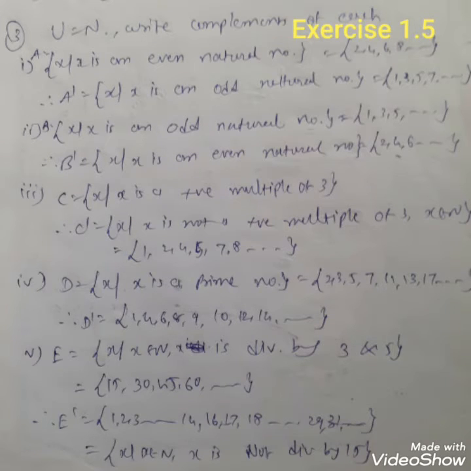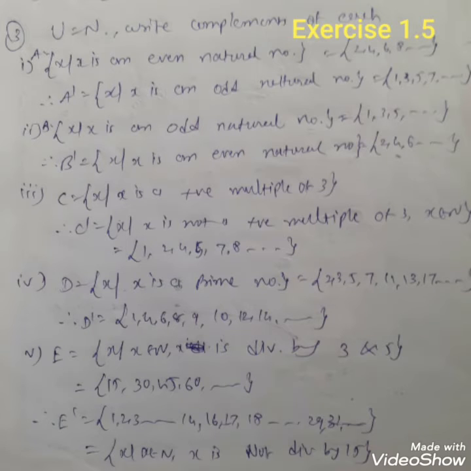Then the fourth sub question is set D, which contains the elements x such that x is a prime number, and prime numbers are present in the natural set. So we have only one even prime number, that is 2. The other prime numbers are odd, which are 3, 5, 7, 11, 13, 17, 19, 23 and so on. So D dash will be 1, 4, 6, 8, 9, 10, 12, 14 and so on. Here we say that in set builder form, except 1, the numbers which are divisible by the number itself and one